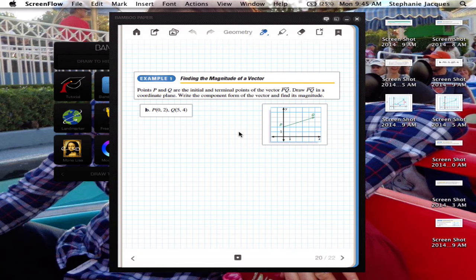Today's lesson is on vectors, so go ahead and title your composition book Vectors. And we've talked a little bit about vectors, but vectors are going to talk about magnitude and direction. And magnitude is basically just the distance. So in this example, it says finding the magnitude of a vector, and a vector is just from one point